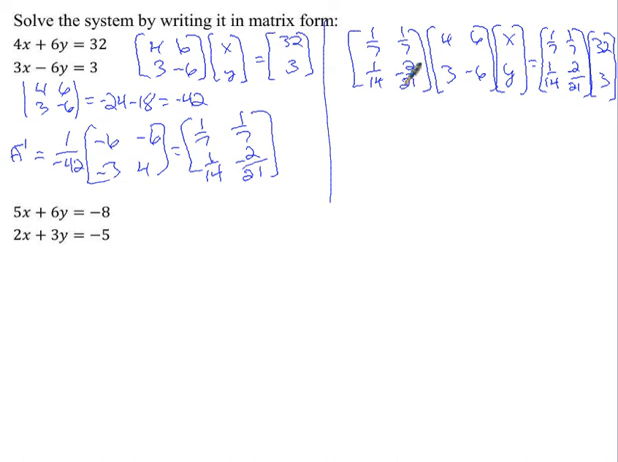If you got it wrong, probably it's somewhere in the multiplication with a sign change or something like that. I want to verify that we have the identity matrix sitting here. So 1/7 times 4 is 4/7. 1/7 times 3 is 3/7 for a total of 1. 1/7 times 6 is 6/7. 1/7 times negative 6 is negative 6/7 for a total of 0. 1/14 times 4 is 4/14. Negative 2/21 times 3 is negative 6/21, which reduces down to